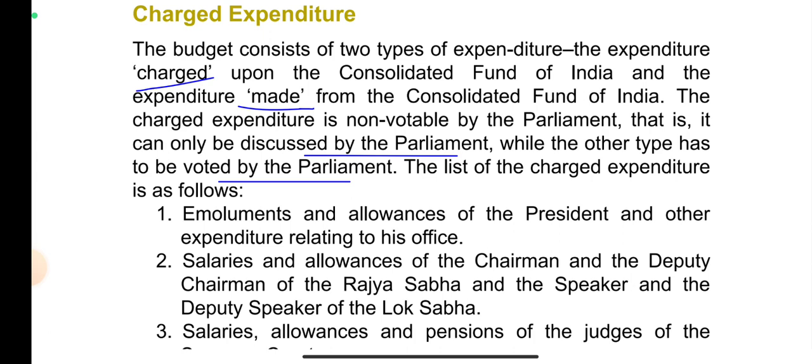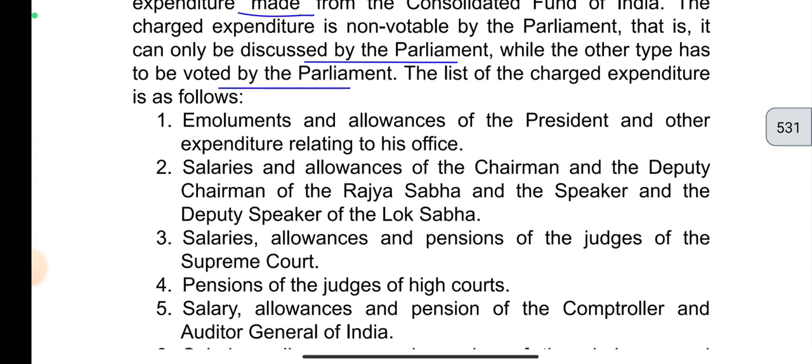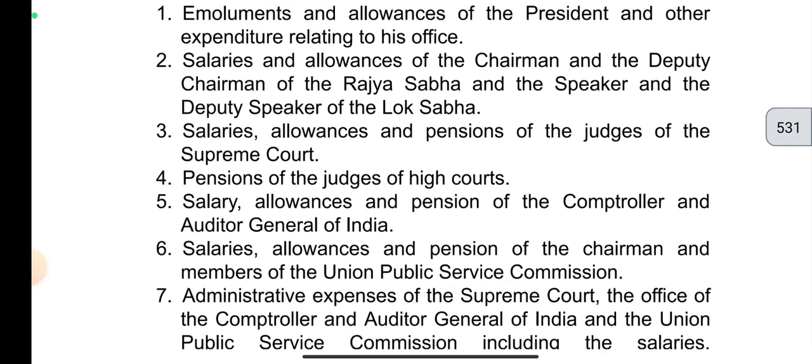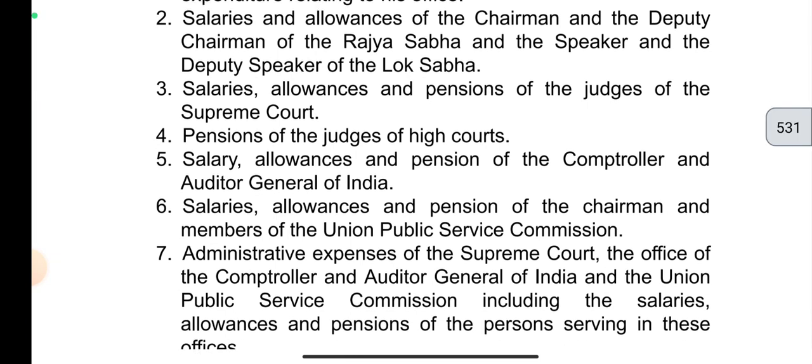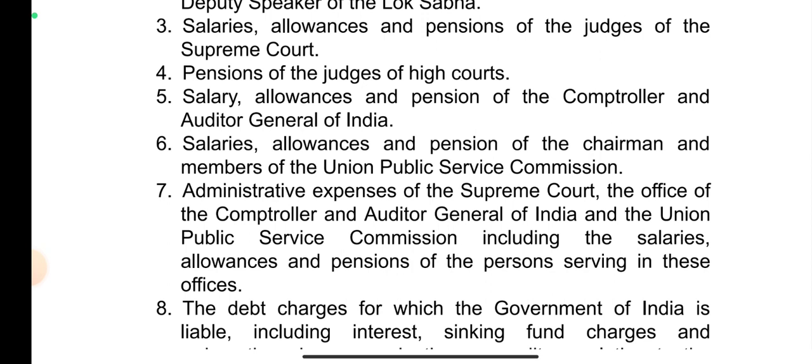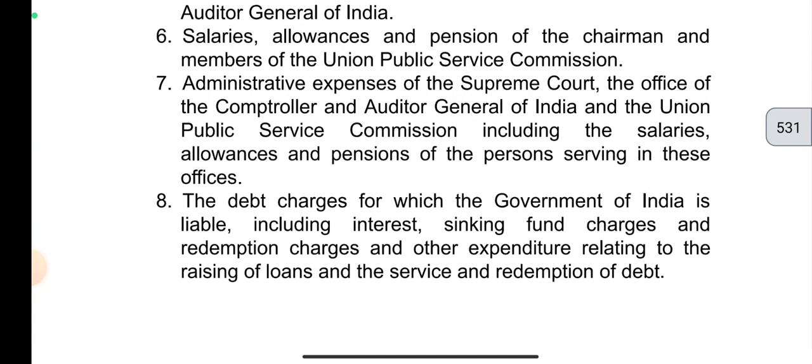The list of the charged expenditure is as follows: emoluments and allowances of the President and other expenditure relating to his office; salaries and allowances of the Chairman and the Deputy Chairman of the Rajya Sabha and the Speaker and the Deputy Speaker of the Lok Sabha; salaries, allowances and pensions of the judges of the Supreme Court; pension of the judges of High Court; salary, allowances and pension of the Comptroller and Auditor General of India; salaries, allowances and pension of the Chairman and members of the Union Public Service Commission; administrative expenses of the Supreme Court, the office of the Comptroller and Auditor General of India and the Union Public Service Commission, including the salaries, allowances and pensions